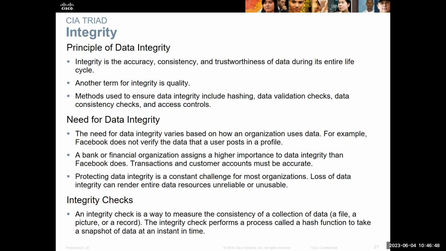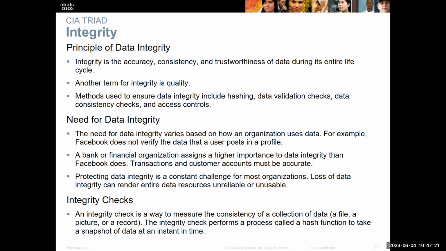So this is actually very imperative, and it's very, very correct. When an organization fails to protect data integrity, it is going to be catastrophic to them and to the trust that the people who interact with them are going to have. So it's necessary for organizations to ensure integrity checks.